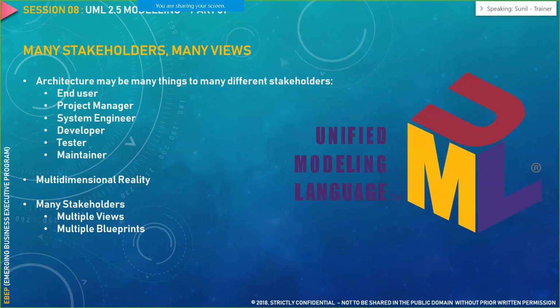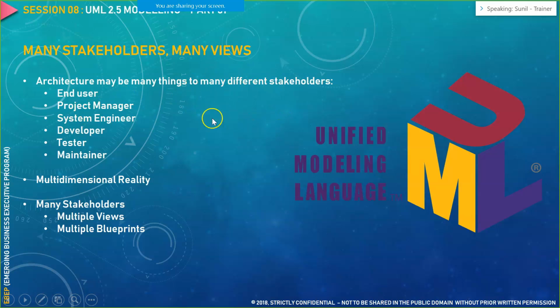Depending on who the user is, how they would be interacting with the system, what events would be triggered when they come to a particular dashboard, or what events would trigger when they are accessing a dashboard where they do not have the access rights. So UML has many stakeholders, many views. Architecture may be many things, like the end user.